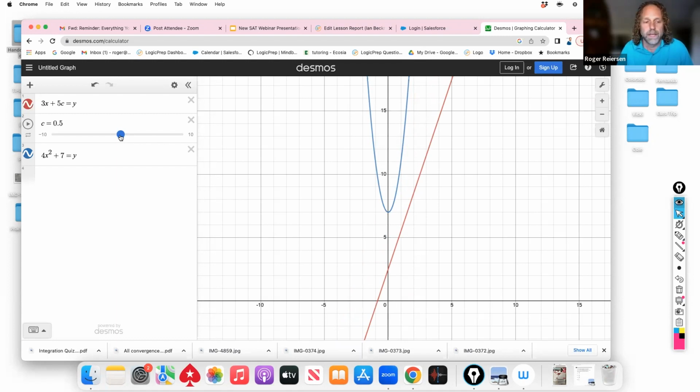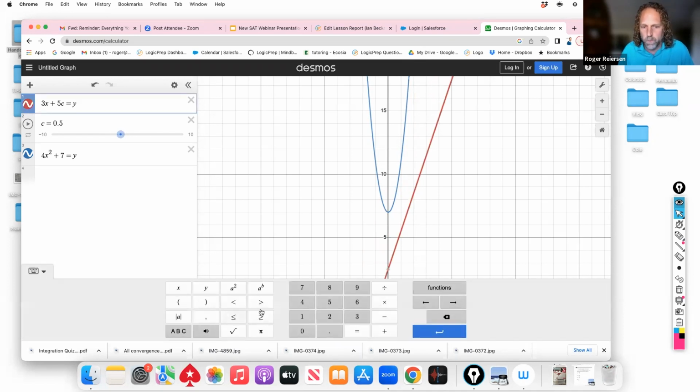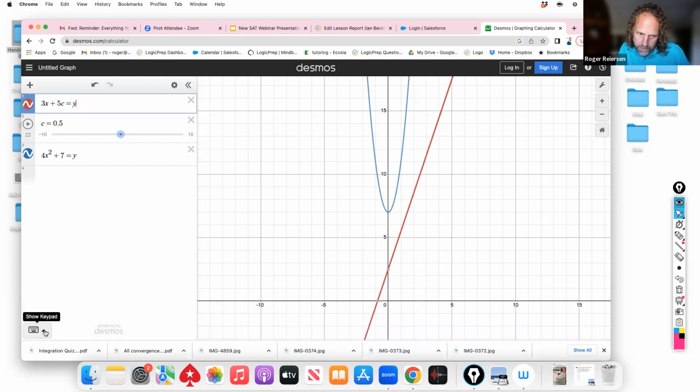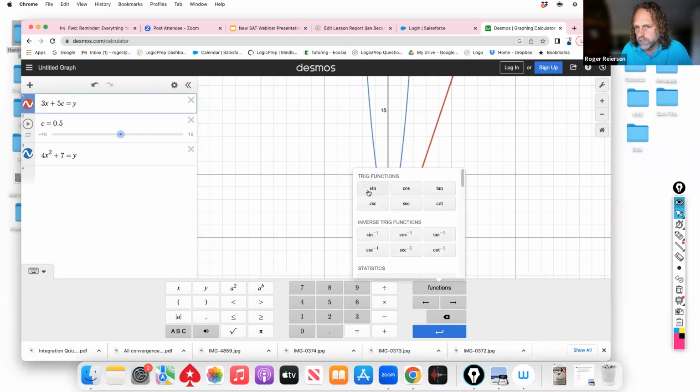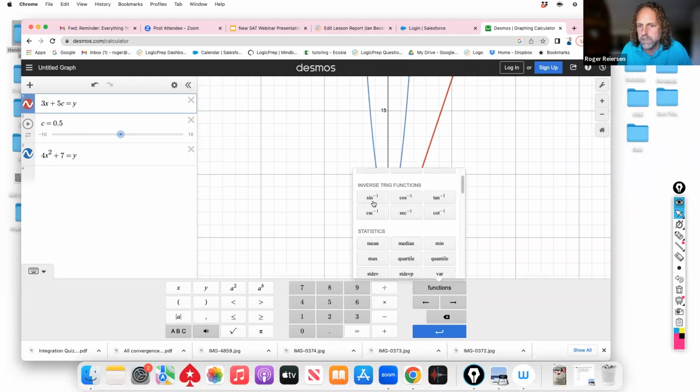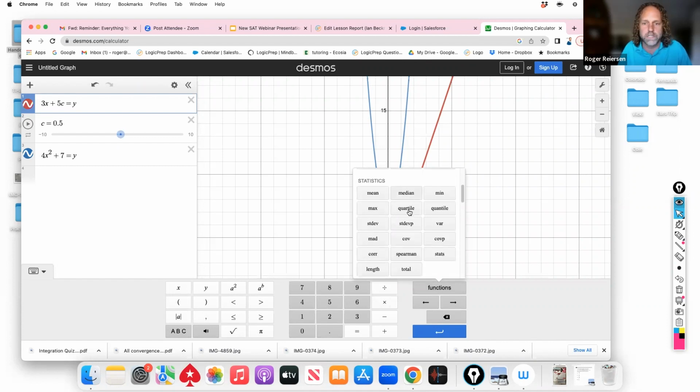and what you can do with it. Besides that, there is a wide range of functions, and that's shown right here in this functions catalog. So if you are studying on your own, this little keyboard button over here, if you don't know what that is, you won't find your exponents, you won't find your parentheses and your absolute values and your square roots. And you won't find this functions button, which shows all your trigonometric functions, all your inverse trigonometric functions, and then